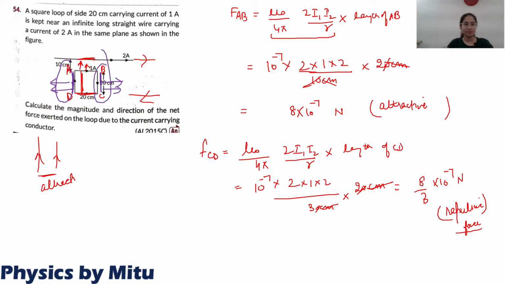Suppose this is the wire carrying current 2 ampere और ये हमारा loop है. तो आप hold this in your right hand. The direction of fingers gives you the direction of magnetic field. So magnetic field is into the plane of loop है. ये loop था. Magnetic field is into the plane of loop. ये हमारे लिए clear है.